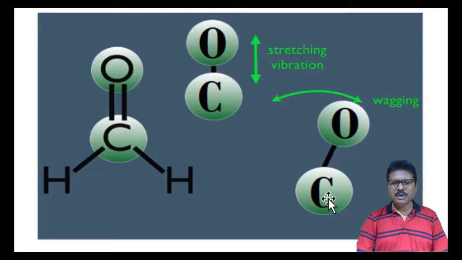Now another type of vibration is, say this oxygen atom is moving in a clockwise direction at one moment and the next moment it will move anti-clockwise, clockwise, anti-clockwise, like this. So this is another type of vibration. Now this type of vibration will occur in the presence of IR radiation at a particular frequency. This type of vibration will occur in the presence of IR radiation with another frequency.